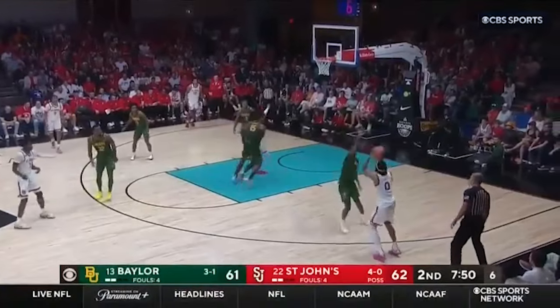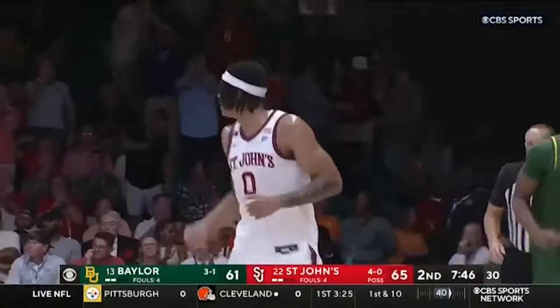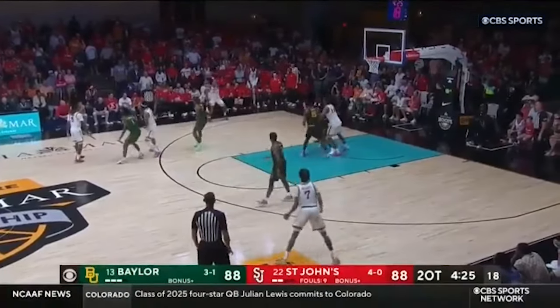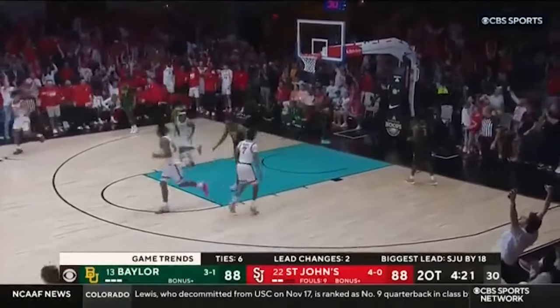Richmond finds Scott, rhythm three, on target. We got to give the... Baylor has been dominant on the offensive glass tonight. Corner three, R.J. Lewis. Yeah, he's been kind of...